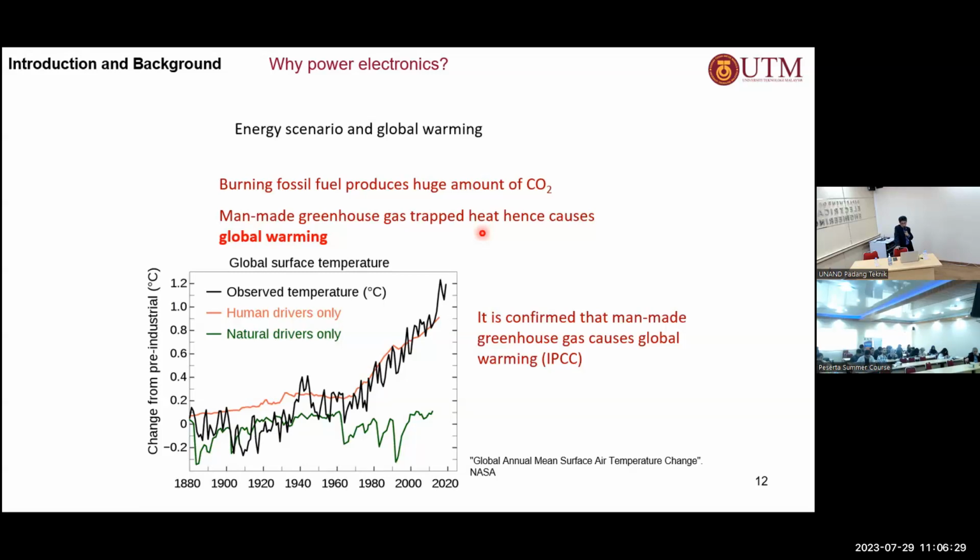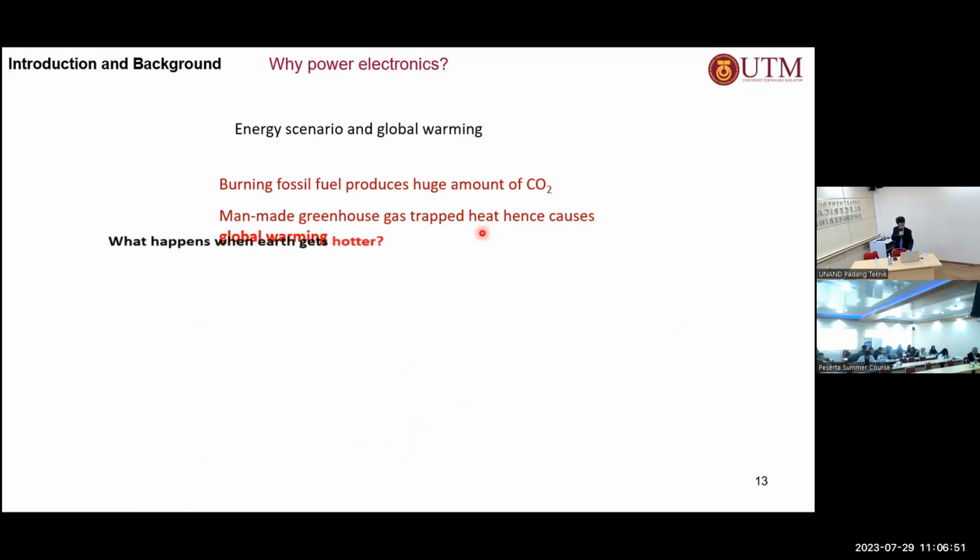If we consider only the natural productions of the CO2, then we can see the green projections of the CO2 productions there. But if we include the man-made CO2, which is also known as the greenhouse gas, then the temperature has risen since the last industrial era by 1 degree Celsius. And this is not good because